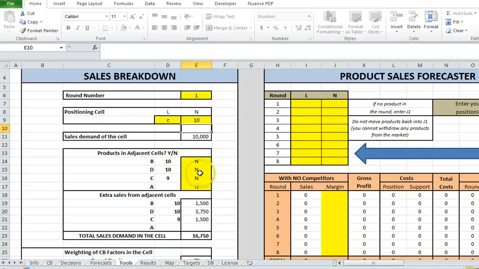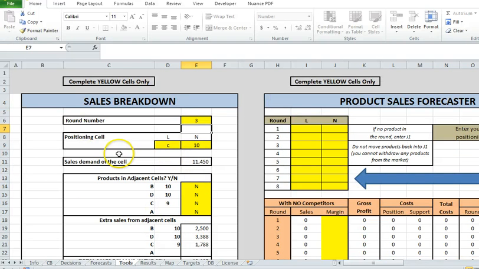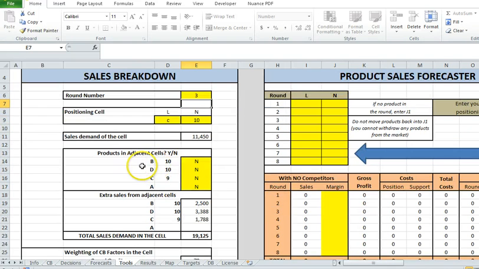and we can see that sales demand for round whatever it is, so it's round 2, you can see that's changing. Round 3, it keeps changing. Whatever round we're in, oh gee, why did we only get that much? And this will help you basically break down the sales. Okay, are there any adjacent cells, so sideways or up and down, that are free? Okay, there's nothing